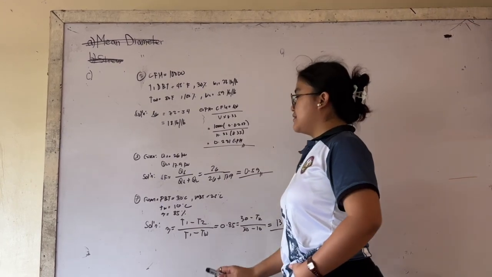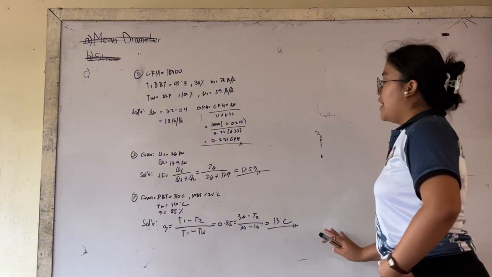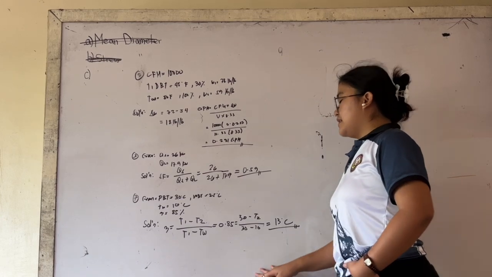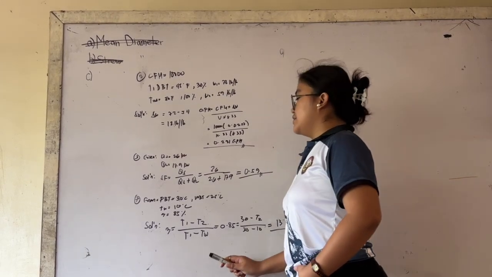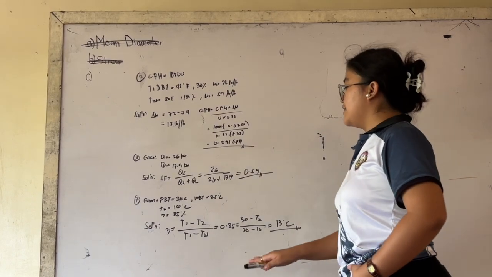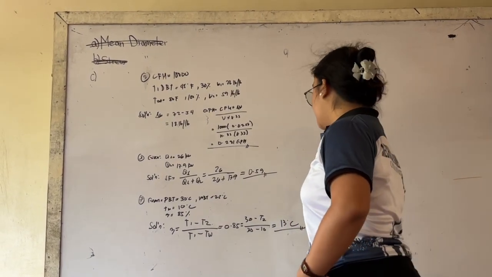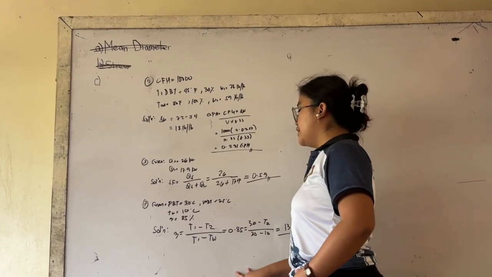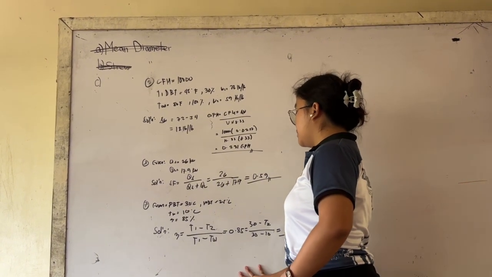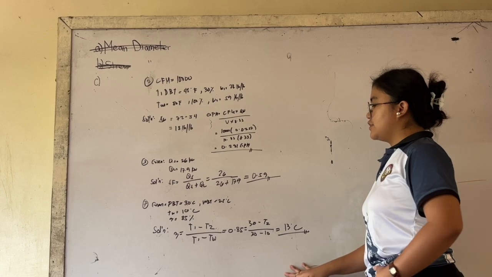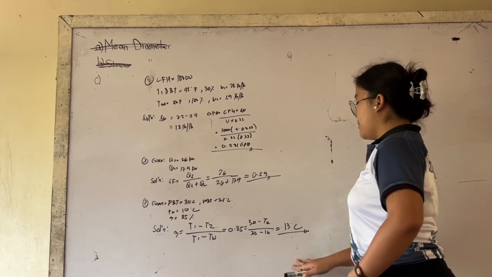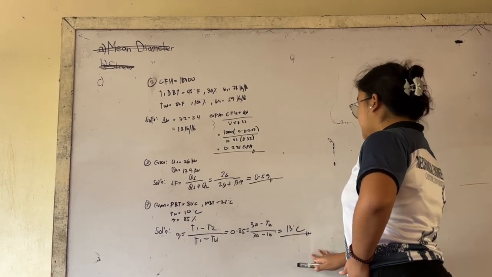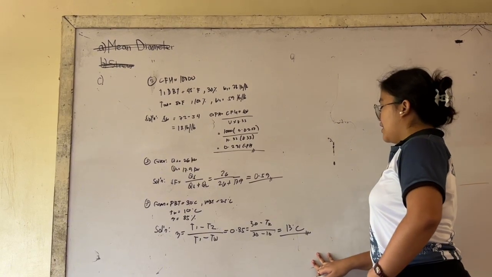And for the last number, we have a given dry bulb temperature of 30 degrees Celsius, and WBT is 25 degrees Celsius, and our TW is 10 degrees Celsius, and our efficiency is 85%. So to solve for T2, we have to manipulate the formula. So efficiency is equal to T1 minus T2 over T1 minus TW. Plugging in the given values, we have 0.85 is equal to 30 minus T2 over 30 minus 10, which gives T2 equal to 13 degrees Celsius.